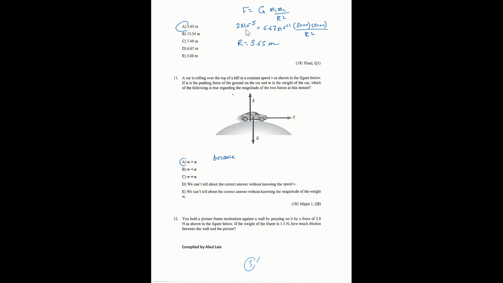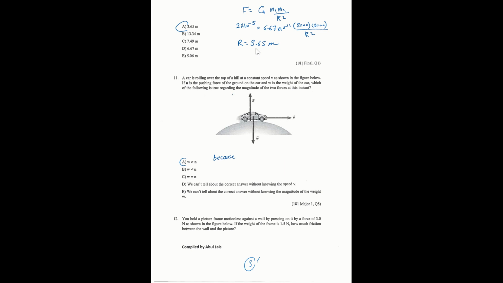Now the force between the two elephants is 2 times 10 to the negative 5. The G is 6.67 times 10 to the negative 11. Now I have the mass of the first elephant and of the second elephant. Now I can find the distance squared, then take the square root. It gives you how far apart they are, which is